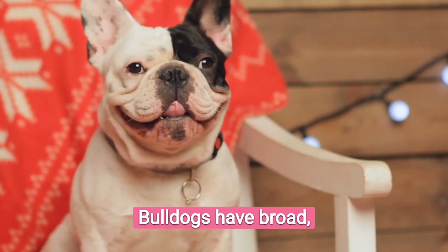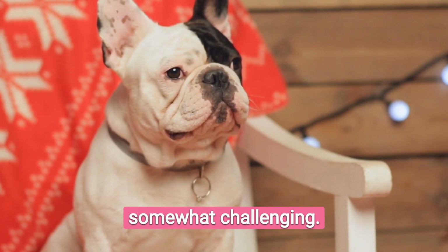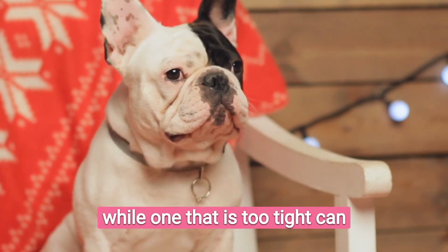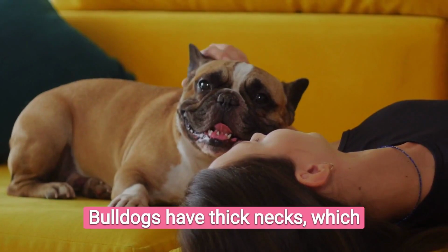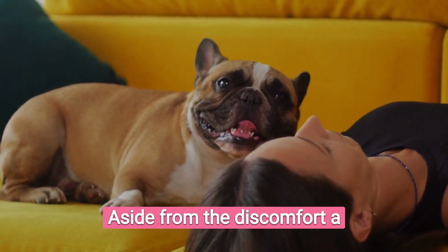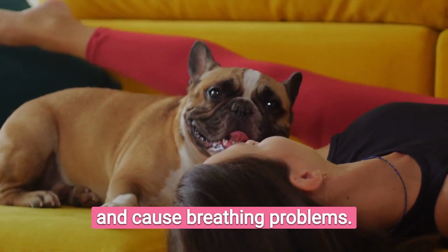French Bulldogs have broad, muscular chests, making finding a fitted harness size somewhat challenging. A loose harness can allow French Bulldogs to slip out, while one that is too tight can cause discomfort. 2. Thick necks. French Bulldogs have thick necks, which pose similar problems to those identified above. Aside from the discomfort a tight harness can cause the dog, it can also chafe their neck and cause breathing